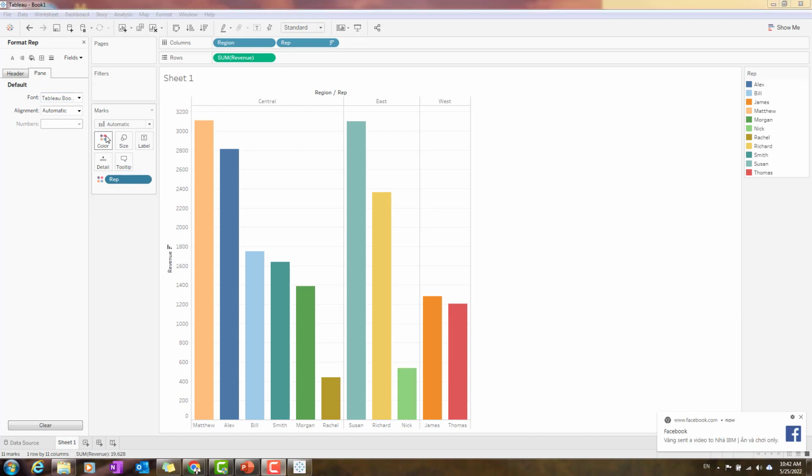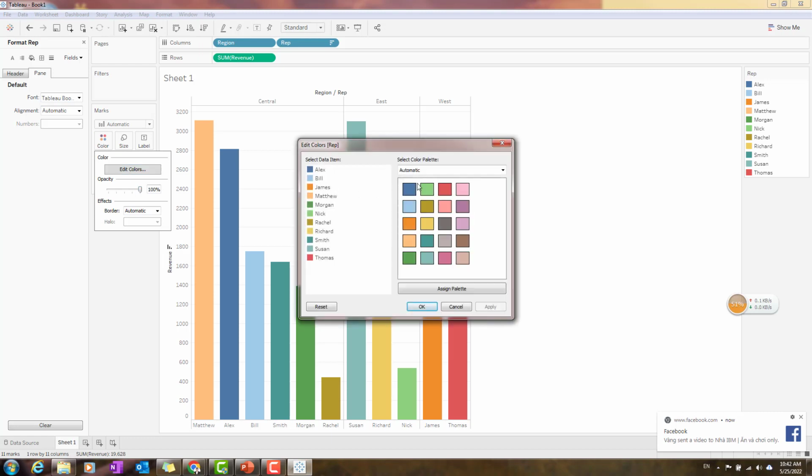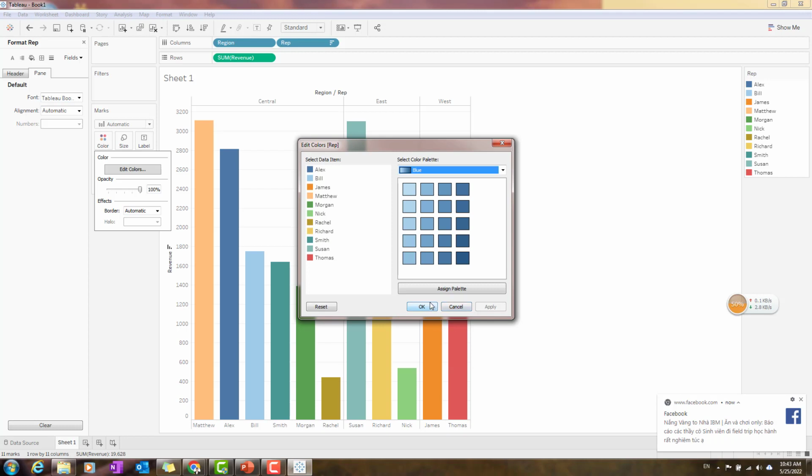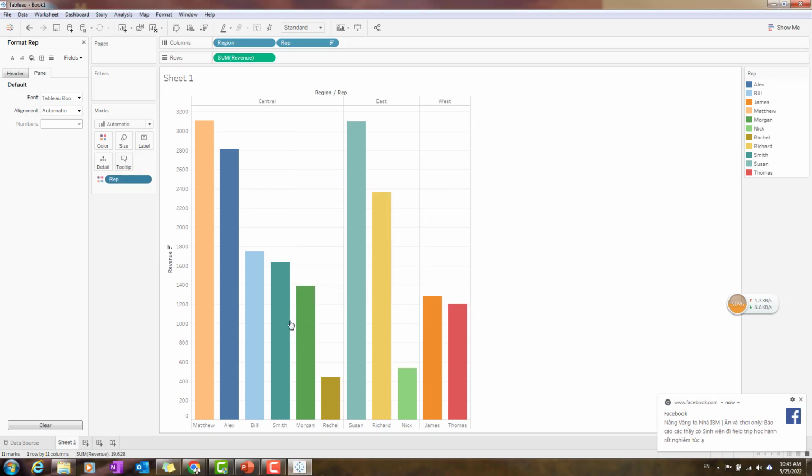so you can also choose Edit Colors, and you can change the Tableau color palette to whatever you want. For example, over here I just put them into blue, and there will be 20 different options for the palette. Okay, so if you do it that way, you can change it. All right, but anyway,